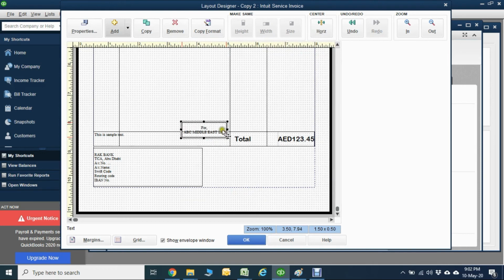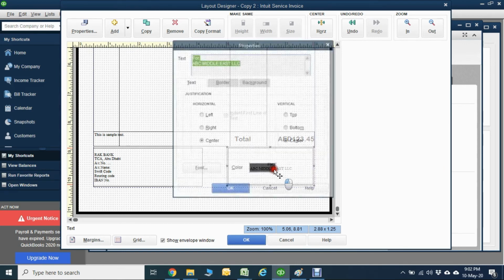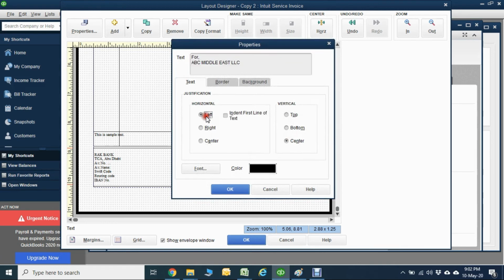Then you see here ABC Middle East. Yeah. So now you can set this at left and center, vertically bottom.